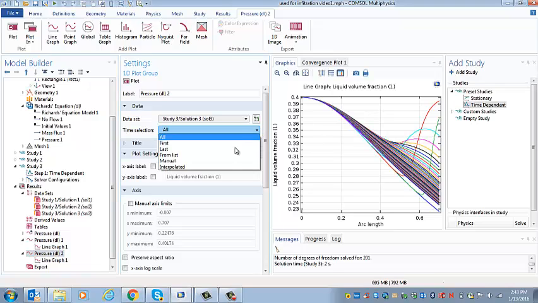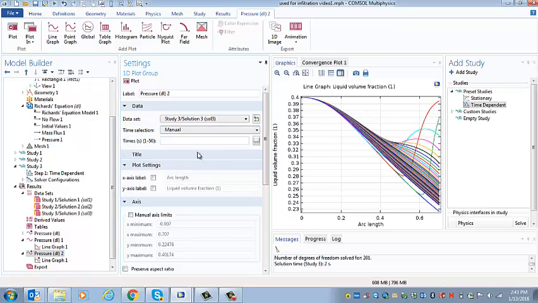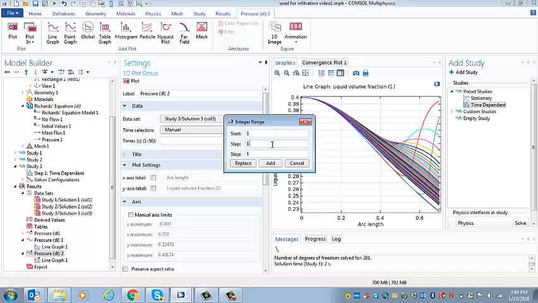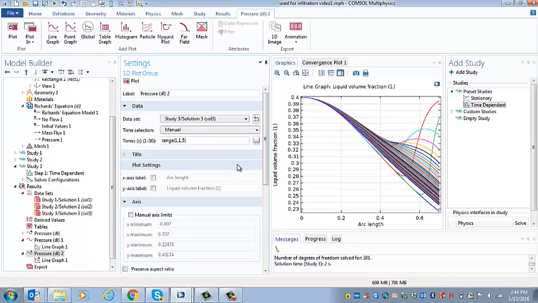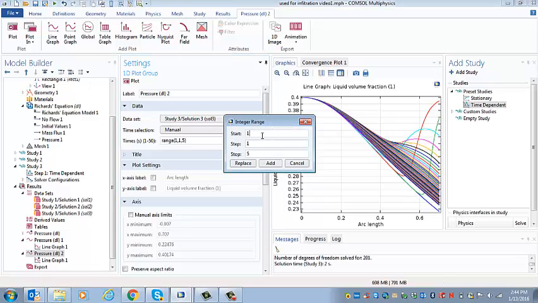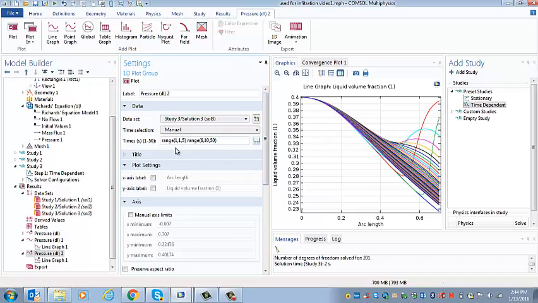Instead of plotting all the times, I'm going to go here to manual, and each one of these curves has a number from 1 to 50. So I'm going to plot the first 5 plots. Let me go back. First 5 plots, I'm going to plot all of them, and then I'm going to start at plot 6 and go to plot 50 and step every 10, and I'll add that, so I get these two ranges for the times when I'm going to plot. Now if I do that,